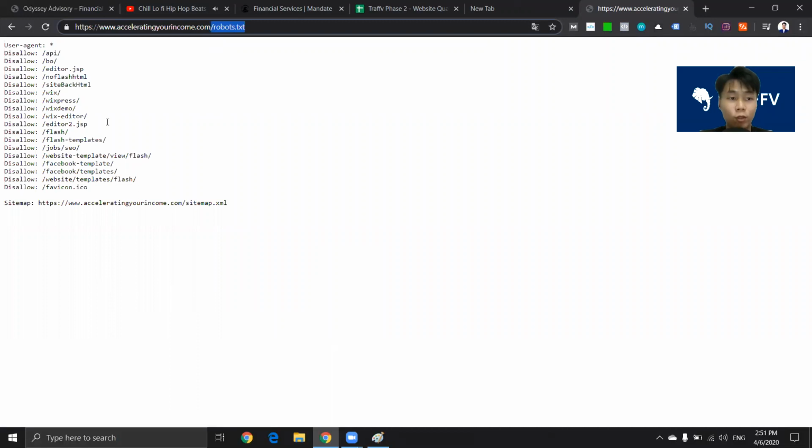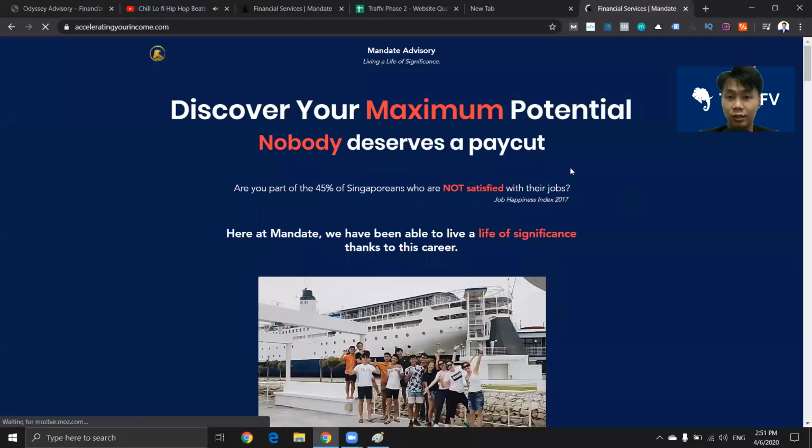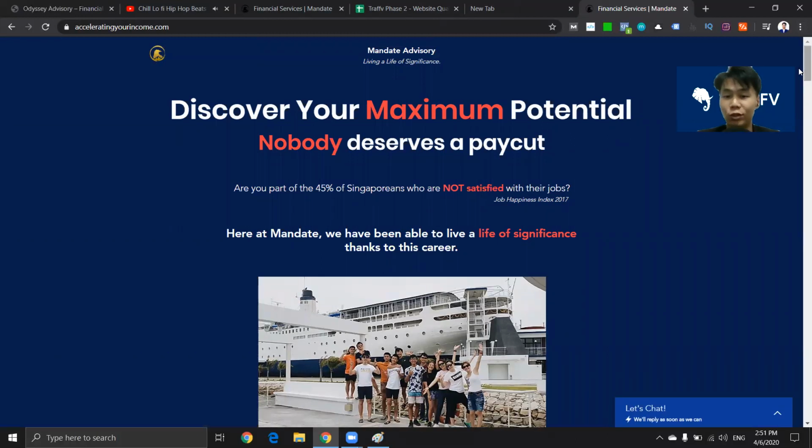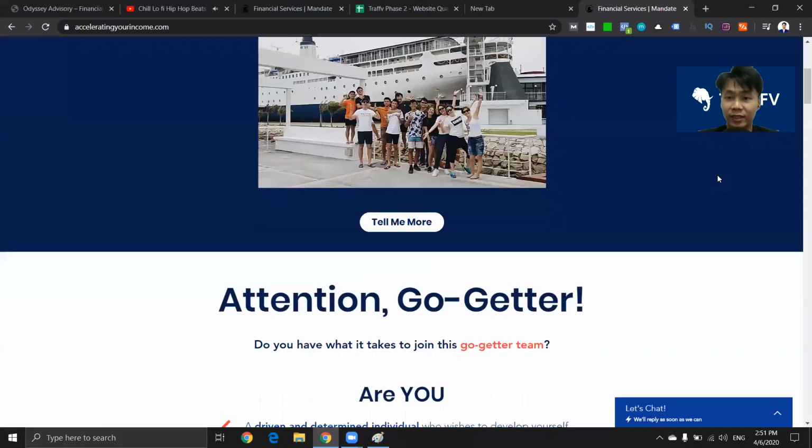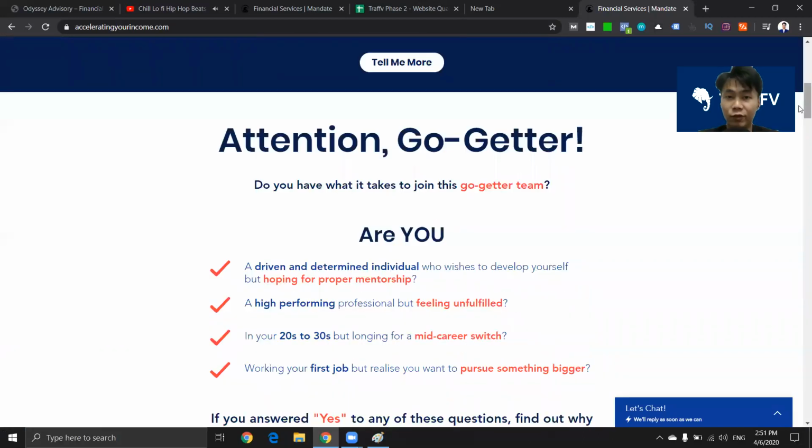I took a look at their robots.txt earlier on, and because they're using Wix, it's just a bunch of funny disallow here, so I'm not even gonna touch that. I don't want to talk too technical when I have a chat with them, because I do not want to confuse them. So I just want to give them the basic things to do, like first of all,